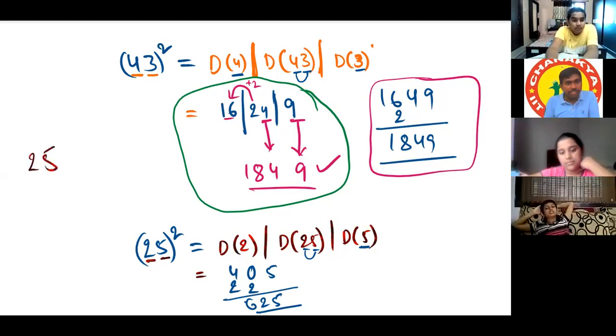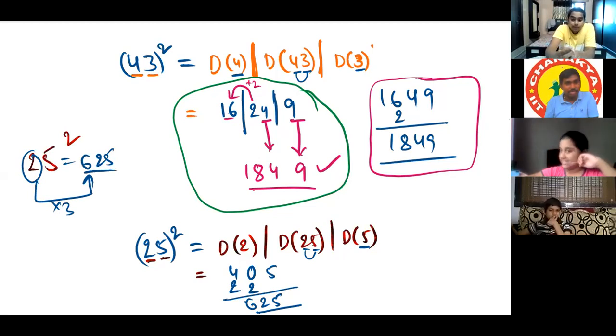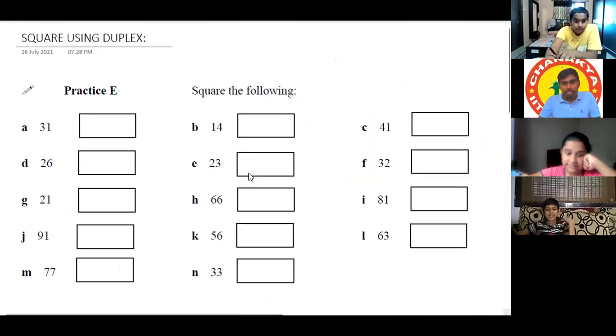Actually, for 25, which is better? The 2 into 3, multiplying with the next number, will be better. 2 multiplied by 2 is 4. That one. 2 is multiplied by 3, not by the same number but by the successor. Multiplication by the successor is 6 and the same one, 25, is the same. Yeah, now you can give your names.